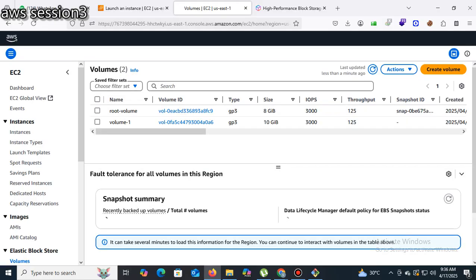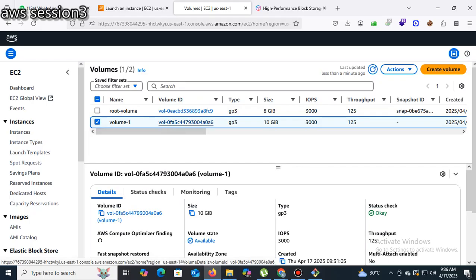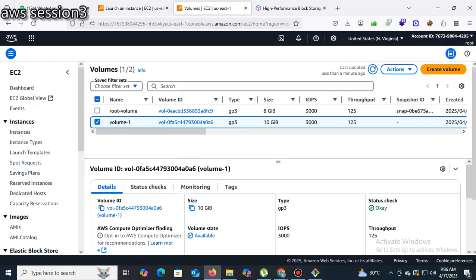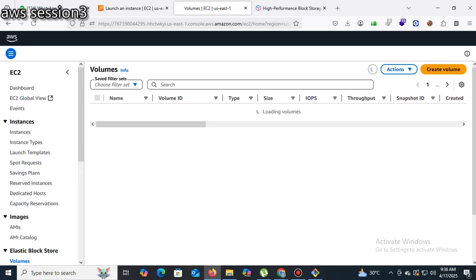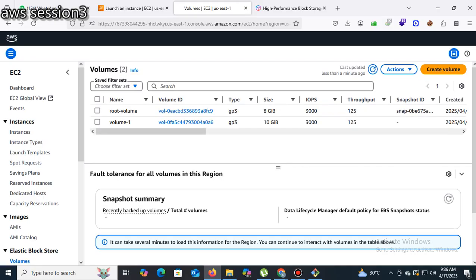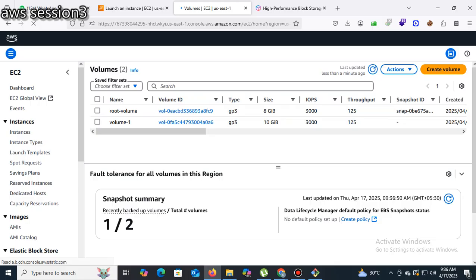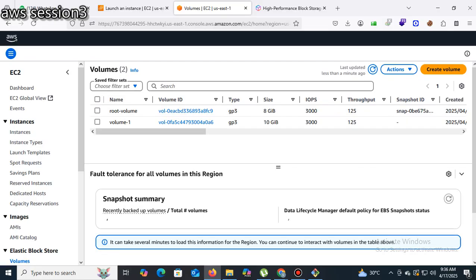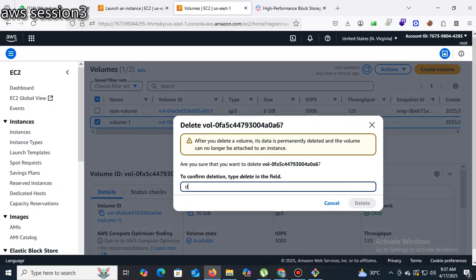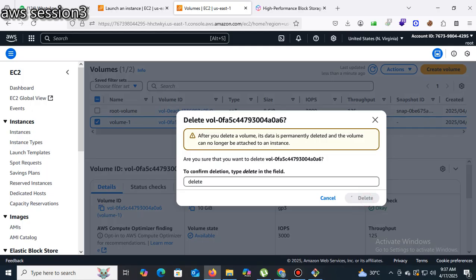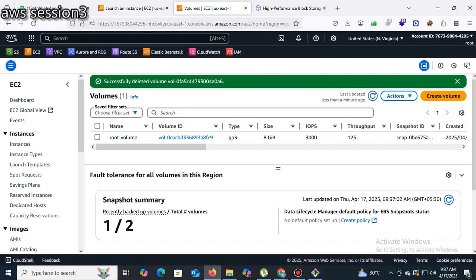After refreshing, select the volume, right click and delete volume. Delete. So now the volume is deleted.